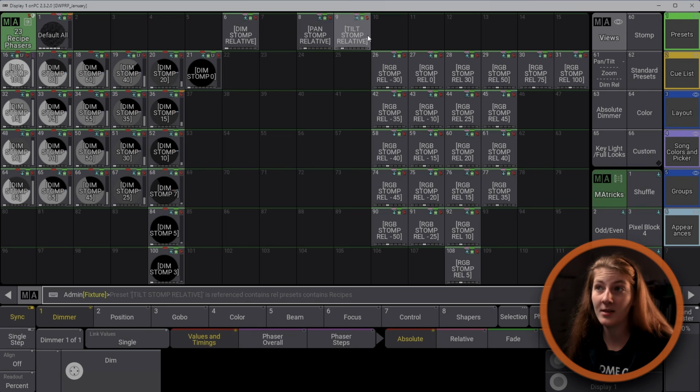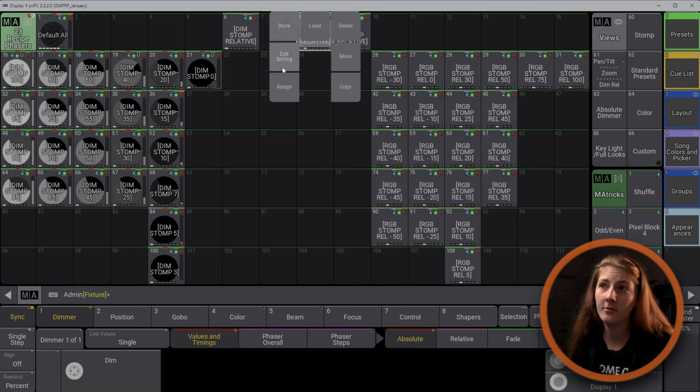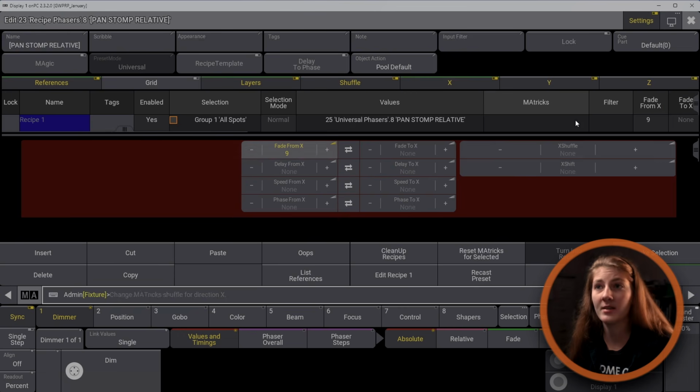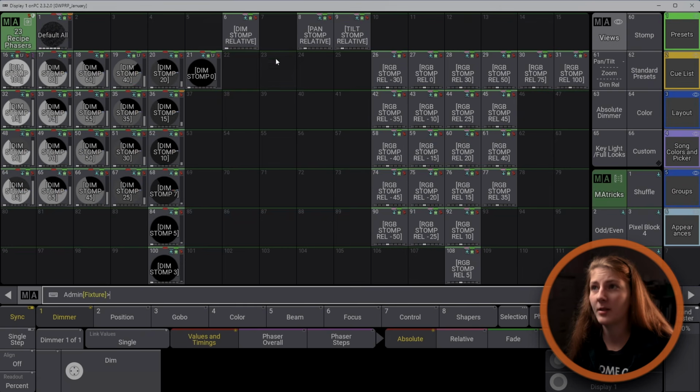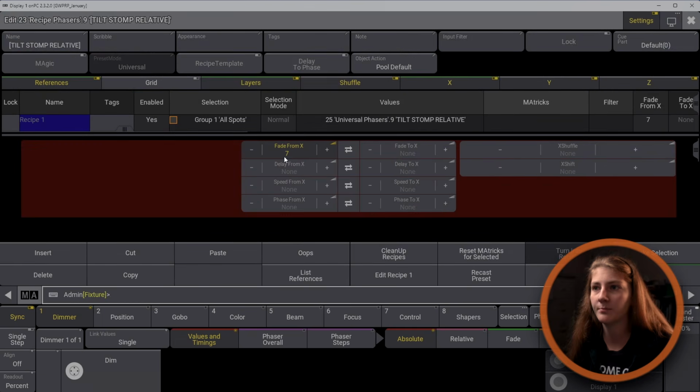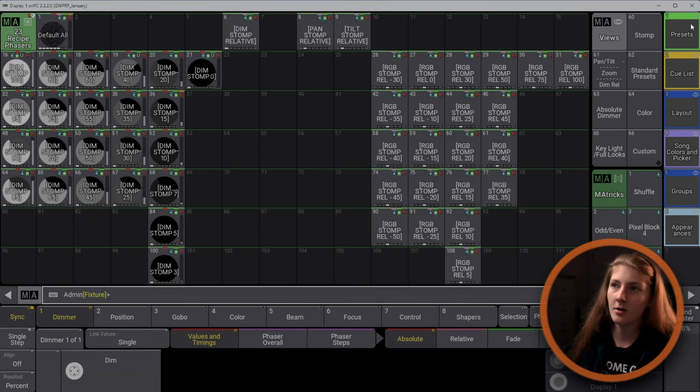Again, I have a default fade time in here. It's a different value for each of these. I guess I have it at 9 seconds for pan. It's probably 5 or 7 for tilt. Yep, it's 7. So that's the optimal number of seconds that I found I most often like for